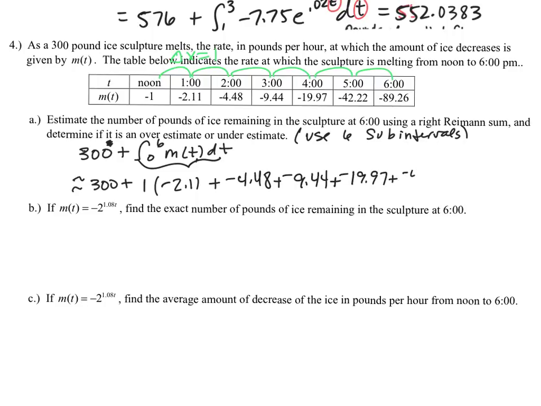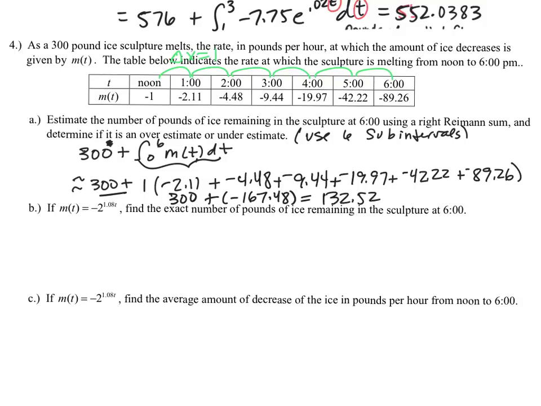Then negative 97, negative 42.22, and then plus negative 89.26. Now, since this is the calculator portion of the test, or the review, you'll grab a calculator, do that arithmetic, and you should get, I'm running out of room here, 300, that was my initial amount, and then plus negative 167.48